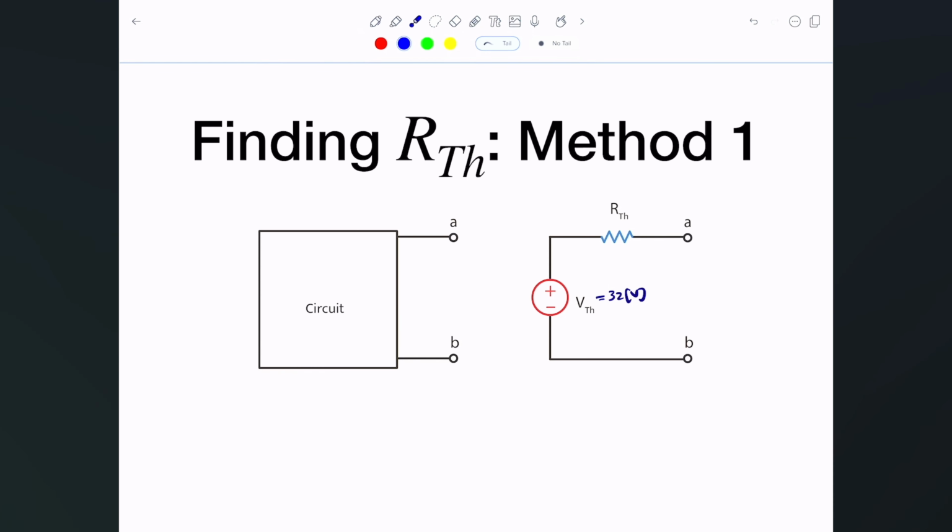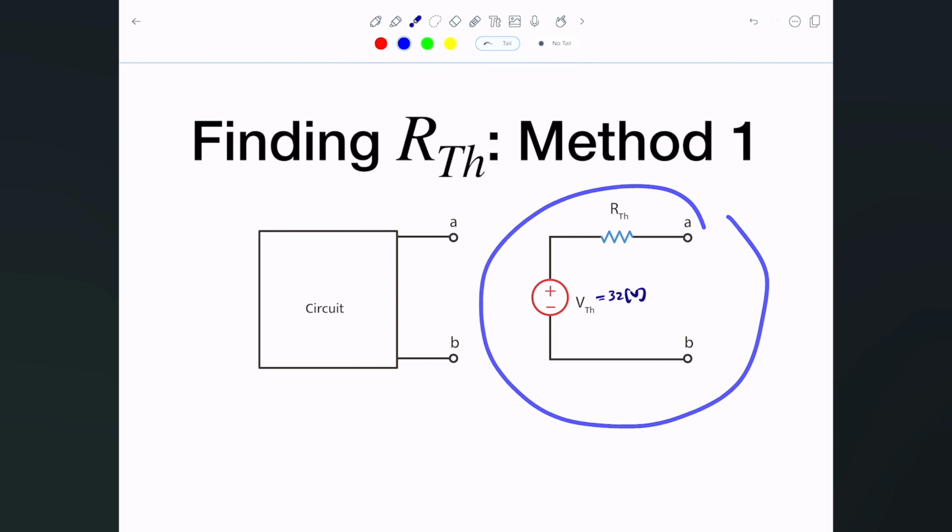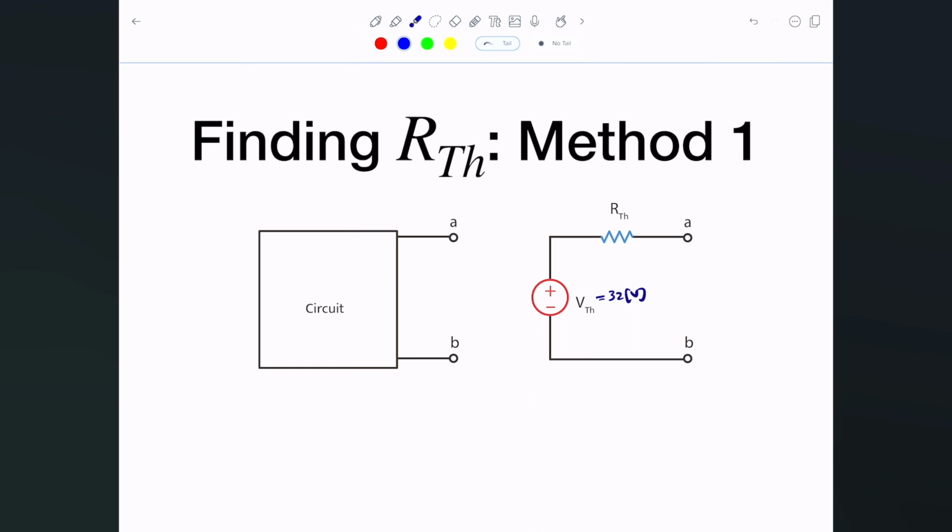I'm going to start with the simplest case here. Again, I'm going to take a look at the equivalent, do all the calculations over there, and transfer that method to the original circuit and the example I'm going to show you. Okay. So, method 1 tells me that if you only have independent sources,